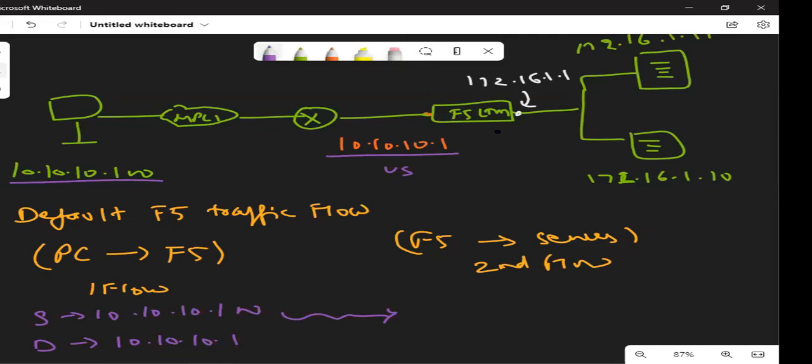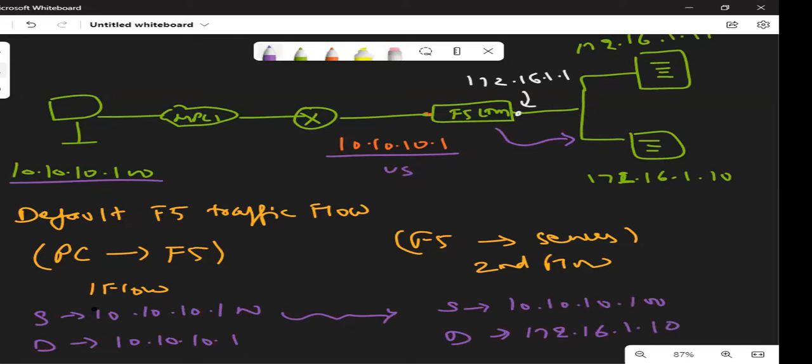Second packet: when it goes from the F5 to any of the backend servers, depending upon the load balancing mechanism and your server sessions or connections, the source will be 10.10.10.100, and the destination will get changed to your backend server.